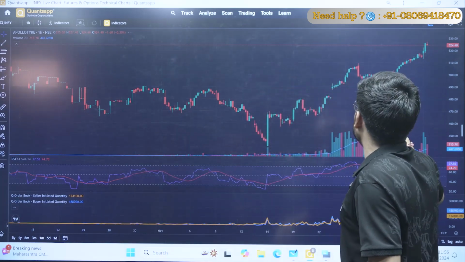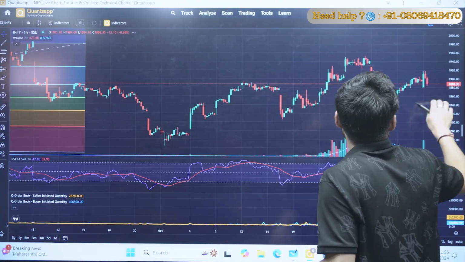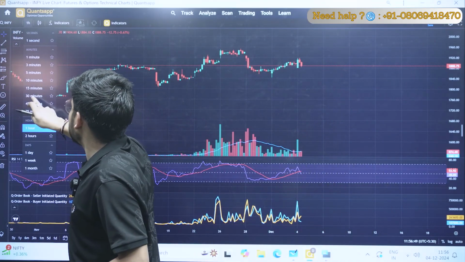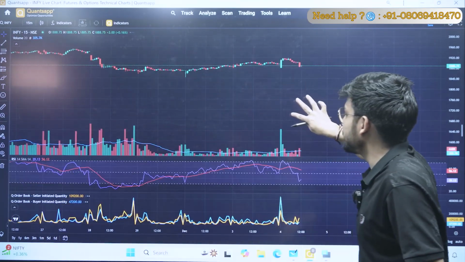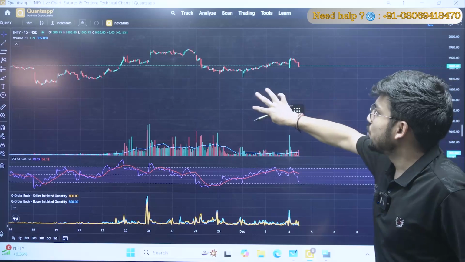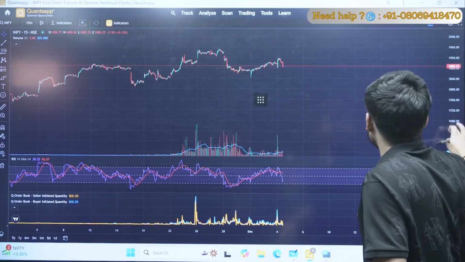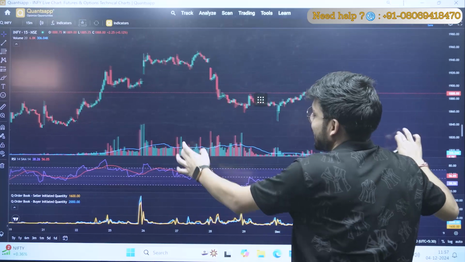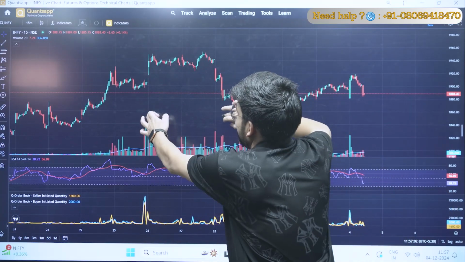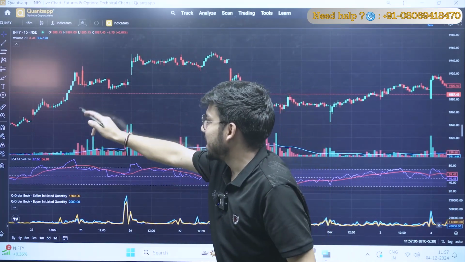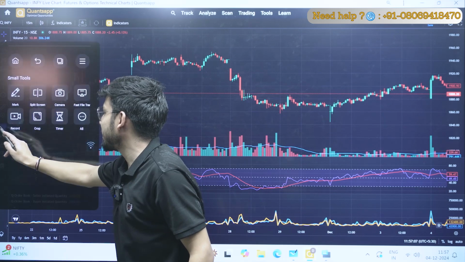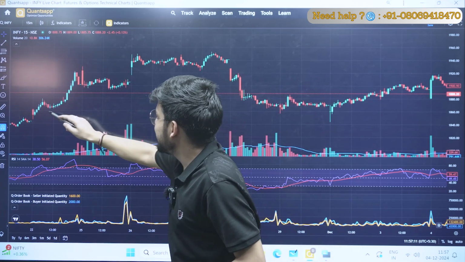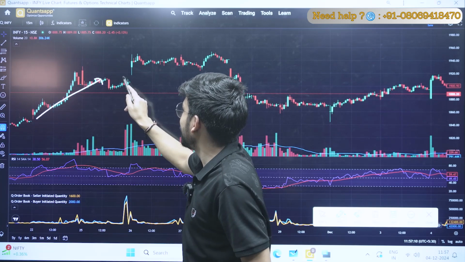I am analyzing Infy in 15 minutes. Now in Infy, you can see there is a very good example of the last kind of gap that we have talked about. You can see the market went upwards. Let me select the marker from here as well. Okay, perfect. So the market went in the upward direction, and your market closed here,